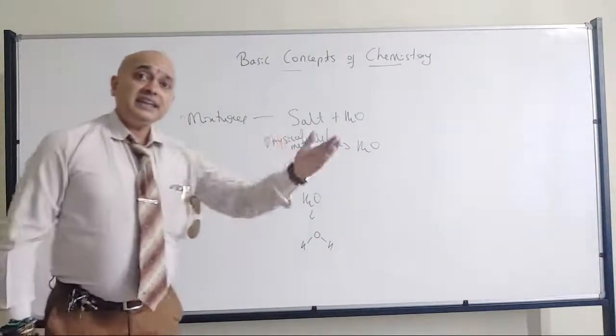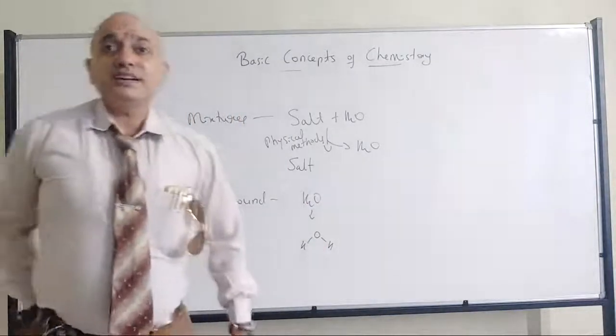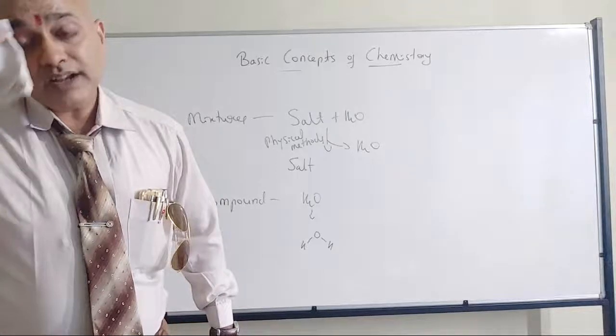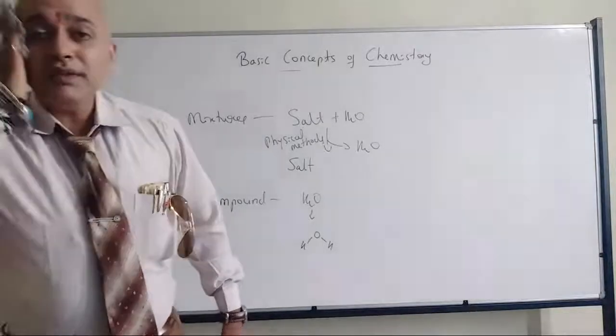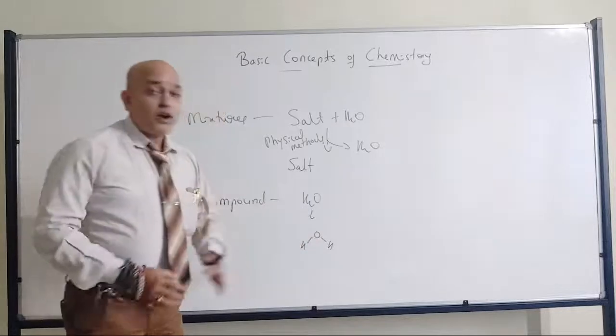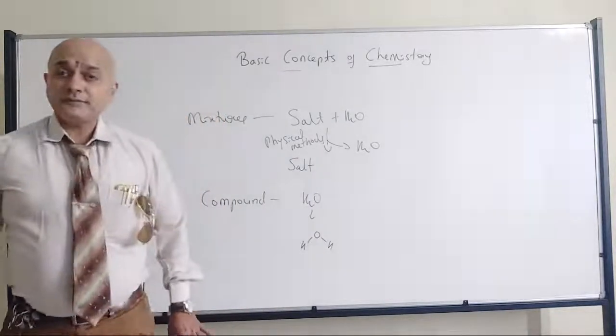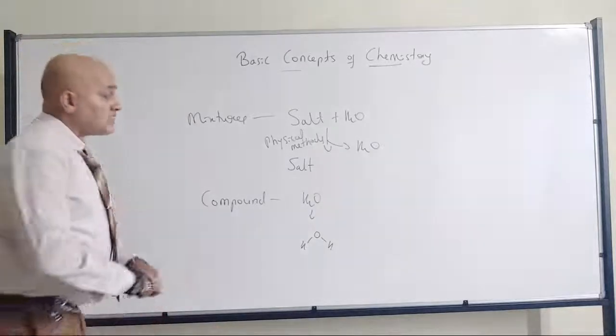Anyway, in detail, why this shape, everything you are going to discuss in your chemical bonding topic. But for time being, you remember that there is a presence of covalent bond between these two hydrogens and the oxygen. Now, if I want to separate